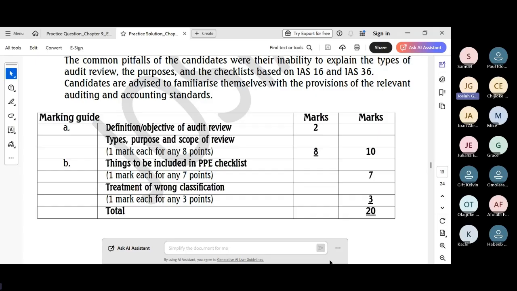It is a review performed by an experienced partner who is not part of the engagement team, which is currently a requirement under the ISQM standard. It is conducted before the audit report is signed, mostly for listed and public interest entities, focusing on high-risk judgments and the opinion of the engagement team. So that's it about the engagement quality control review.